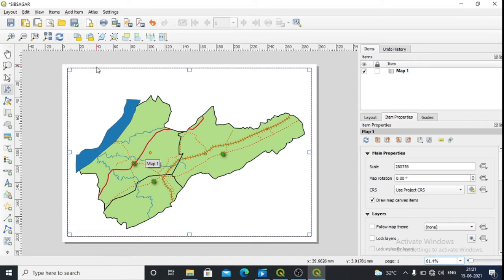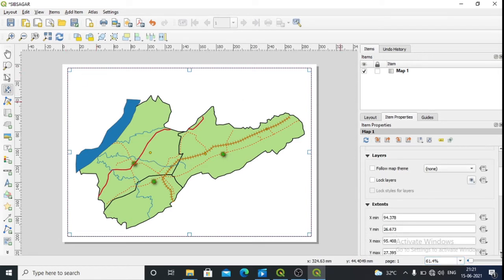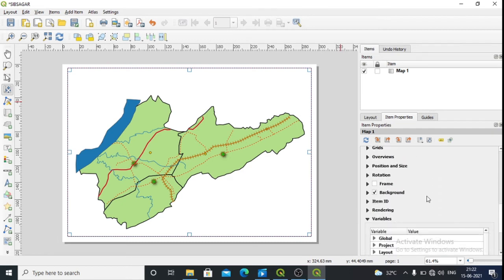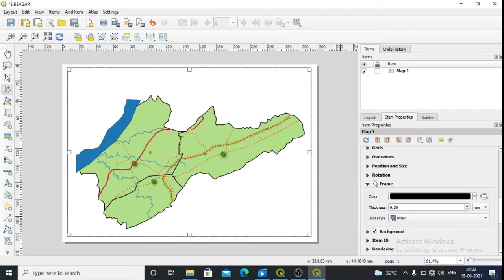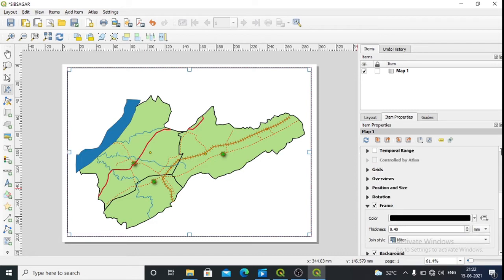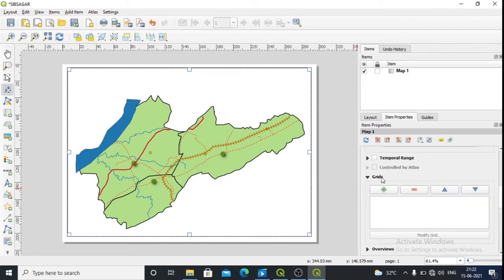So now what we'll do, first we'll add the grid line. For adding the grid line, first let us add the border. For adding the border, I'll go to frame. So this frame has been added. If you want to increase the size of the frame, you can just increase a little bit. Okay, so the frame has been added. Now let us go to grid.